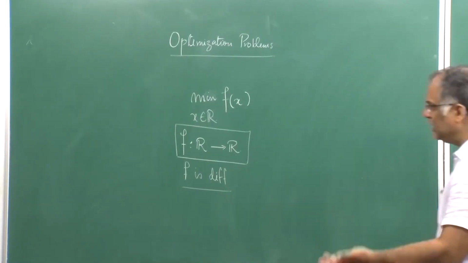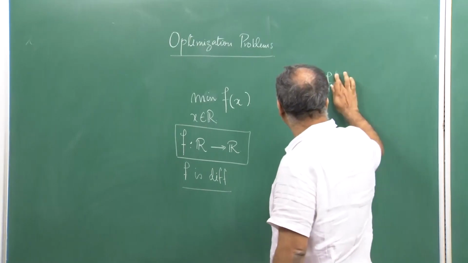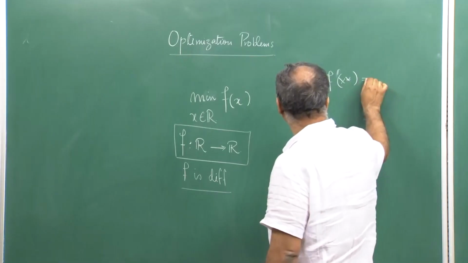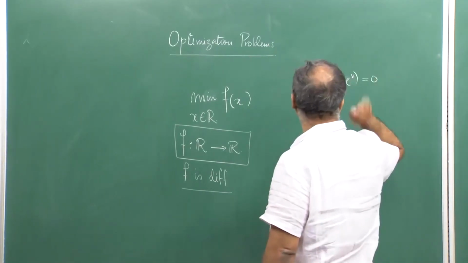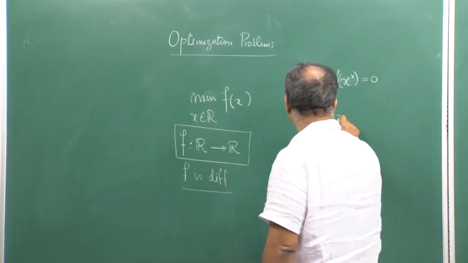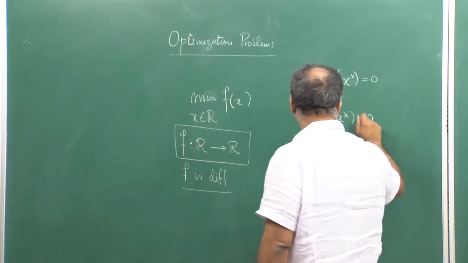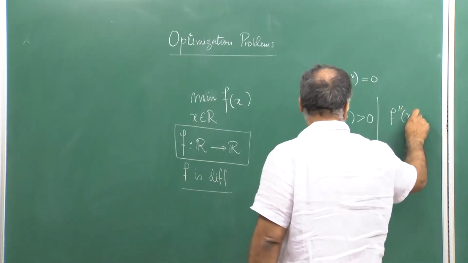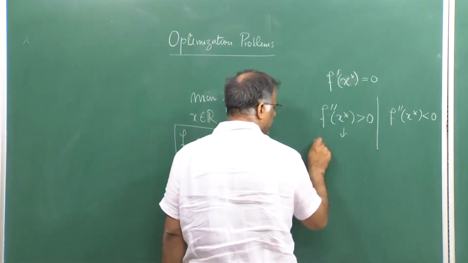We have already written down, if we just recall, that our first step is to find a point x star such that f dash of x is equal to 0. And the second step is to check f double dash, if f double dash exists at x star, either it can be this or this, then this gives you a strict